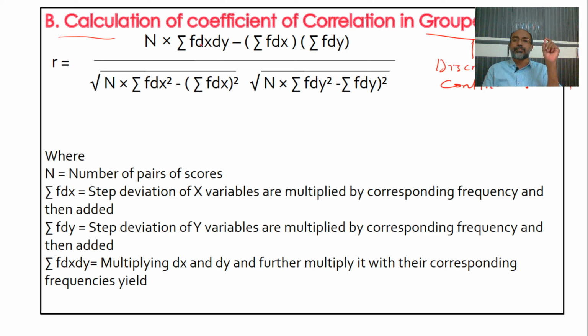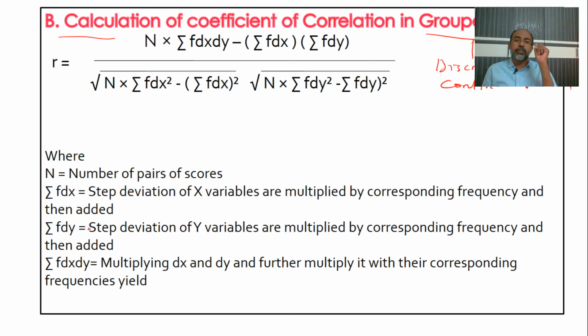Earlier we call sigma dx dy. Now we multiply f into dx dy. Whereas earlier we used to call it sigma dx, or sigma dy, now we put the f into that. So the data set is used for the grouped data. In the same way, the formula just adds f before sigma. This is the only way of identifying the formula when compared to the individual formula, right?